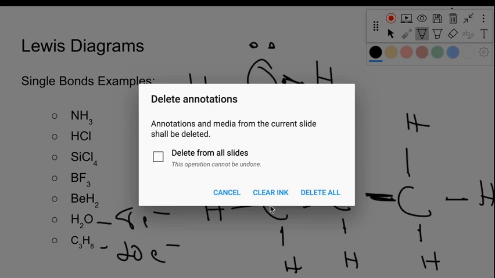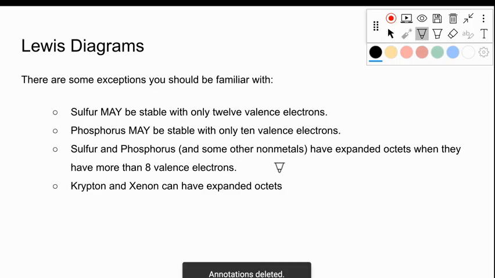Sometimes there are some exceptions that we have that are what we call expanded octets. Sulfur and phosphorus are the most common. You're going to run into these. There are some other nonmetals, but these are the two that AP is going to expect you to know. Sulfur can do what's called an expanded octet, and it can hold up to 12 valence electrons. Phosphorus can expand and hold up to 10. And then krypton and xenon, and both can do expanded octets where they end up with